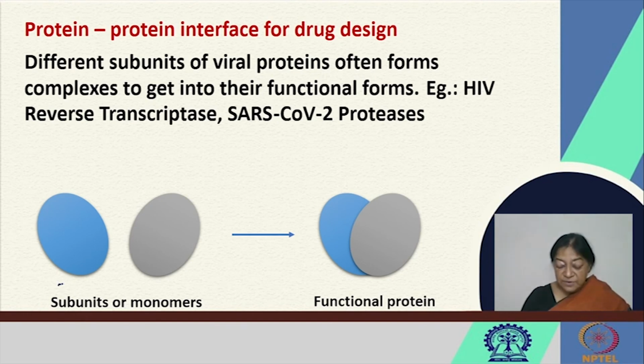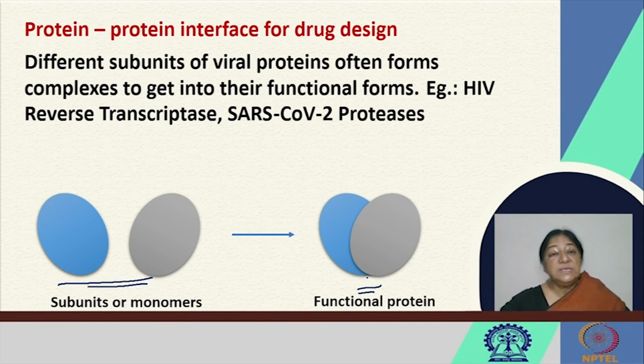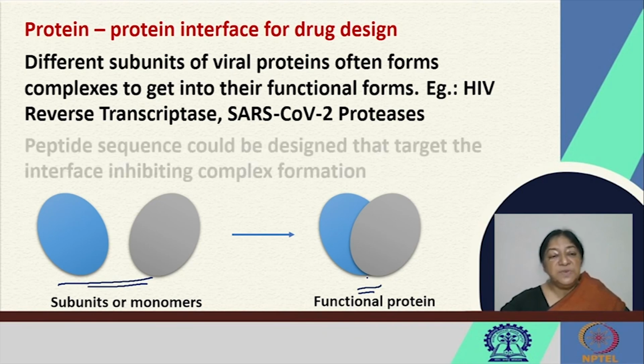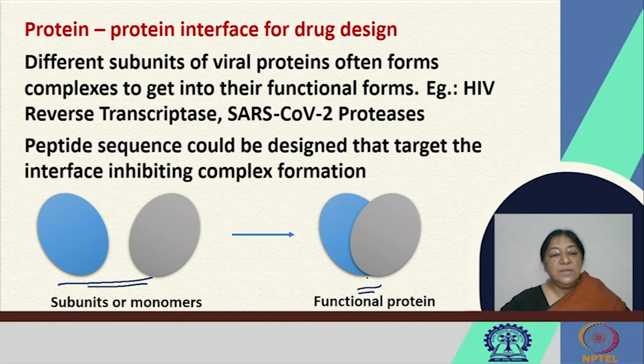So we have the different subunits or the monomeric units that are required to form the functional protein. So there is an interface, a specific interface. And it could so happen that peptide sequences or specific drugs could be designed that target the interface, thus inhibiting